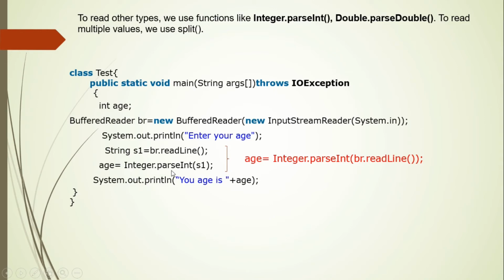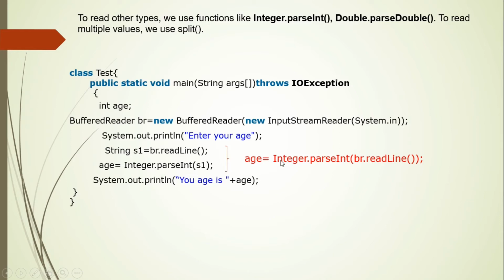Also, parseInt is a static method in the Integer class. That's why we use it as Integer.parseInt. Here we never use an object for calling the static method parseInt. For parseInt, the p should be in small letter, and in the next combined word, int, the I should be in capital letter. Look at this syntax and you should follow this syntax correctly.